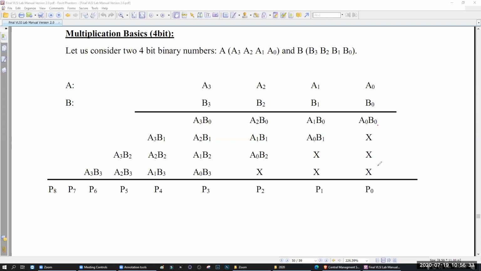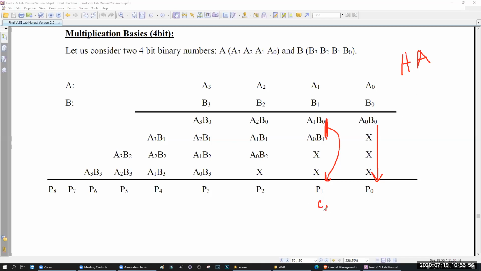Now, this will directly come into here, P0. This one, however, you have to add, right? So how can you add 2 bits? You have to use a half adder. The half adder might give you a carry, let's say C1.